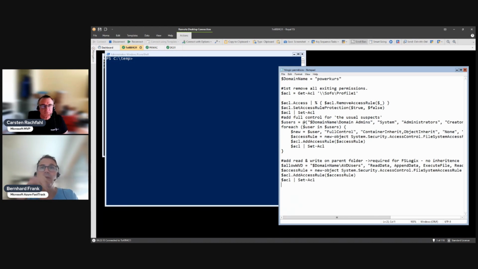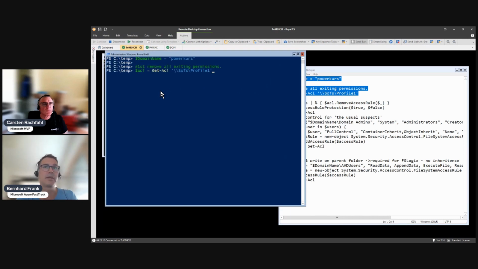So I would love it if you could select some of the sections that make sense to you, maybe paragraph wise, and execute it. And while you're doing this, I will talk a little bit over what it's doing. So first thing is easy. We are filling the domain name for that because we are using a users group, and then we are getting the current account list or the handle for the